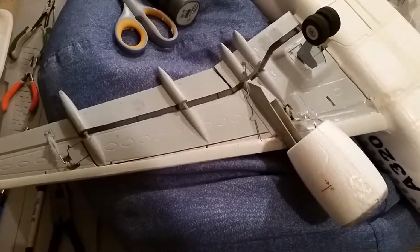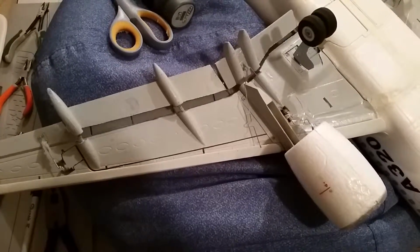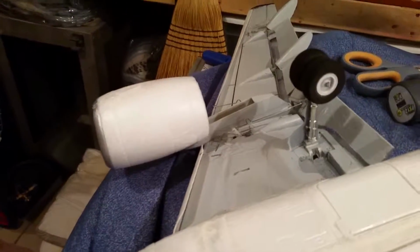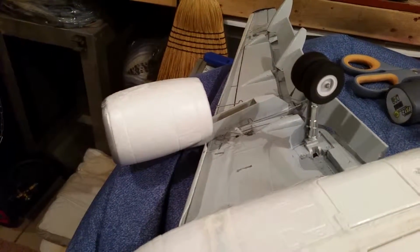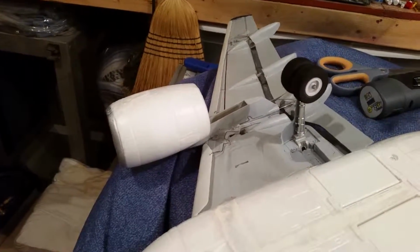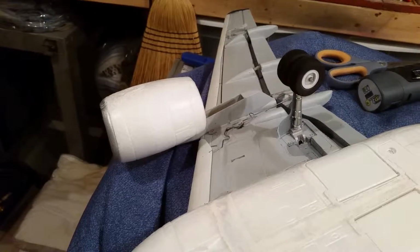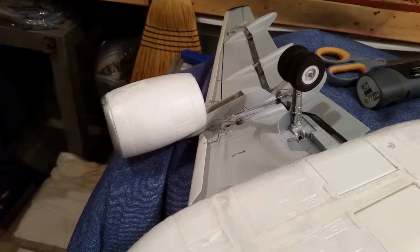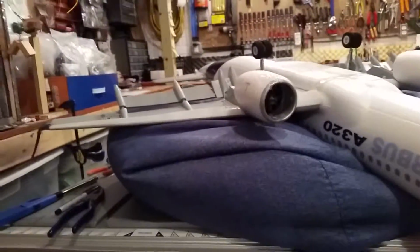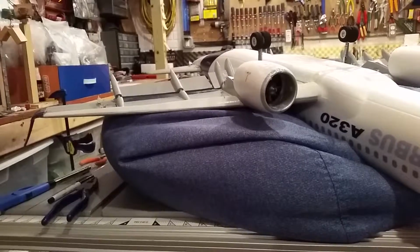Here we go. Here's your full deployment. Air brake. Air brake. Full retraction. Take off flaps here. Landing flaps. And as far as I'm concerned,